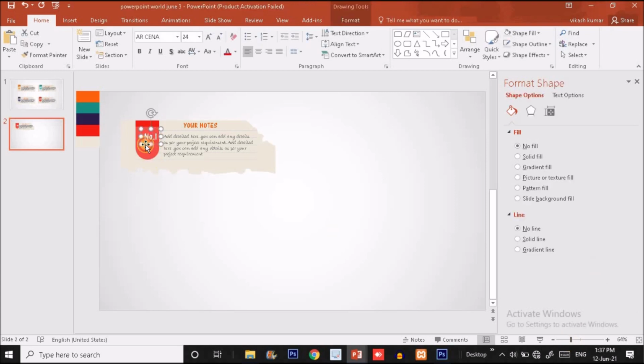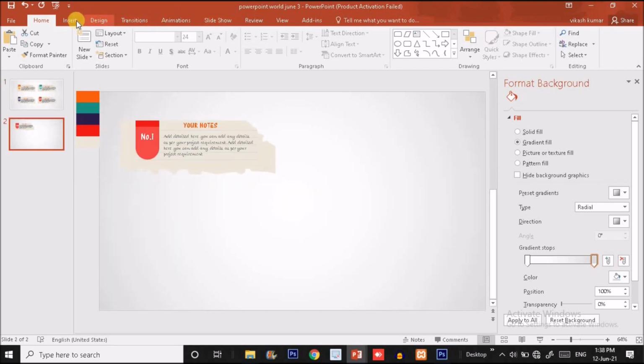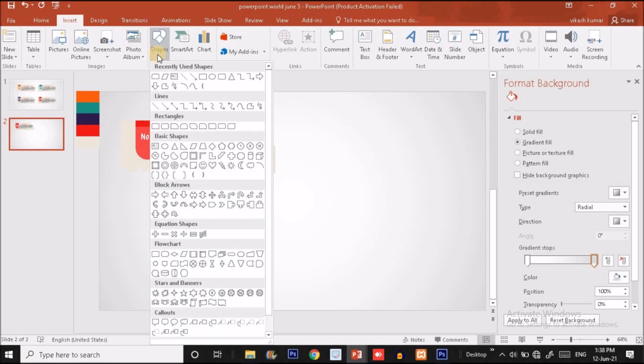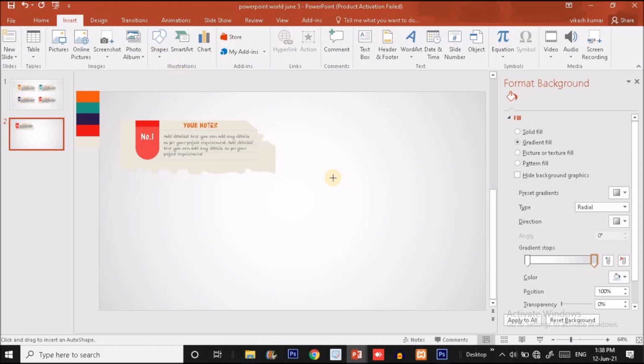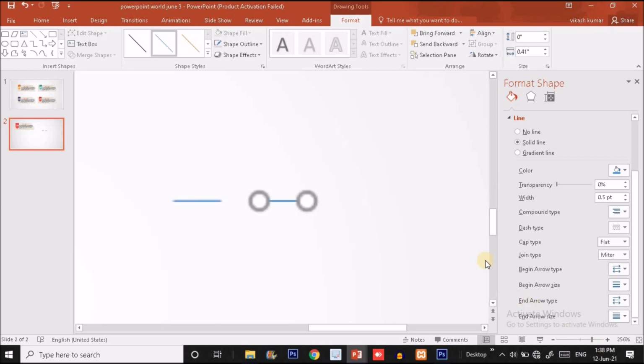So we have to move this shape to the left side. Now one more thing we have to do, we have to apply a pin at the top to stitch the tag over here. To do that, I will again click on insert option. Inside insert options, I will choose the line option and press shift and drag a line like this. Press Ctrl D to duplicate this line and put it over here like this. I'm going to zoom in so that we can see it clearly.